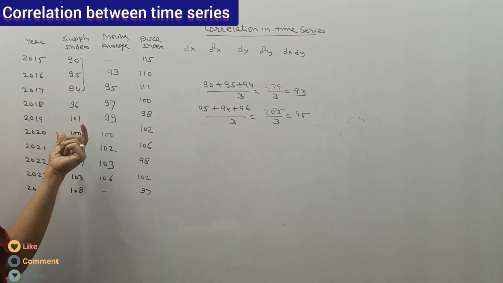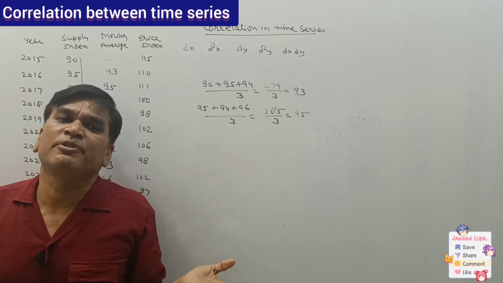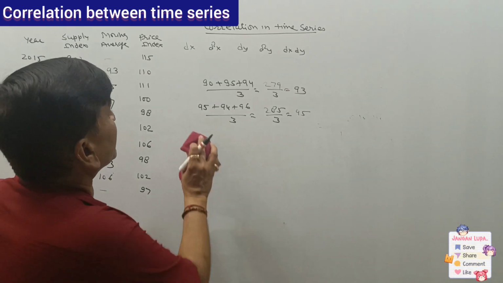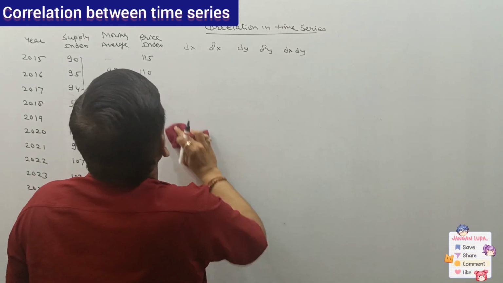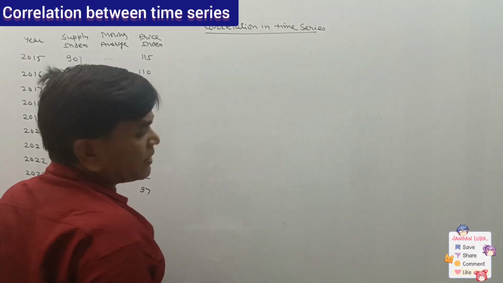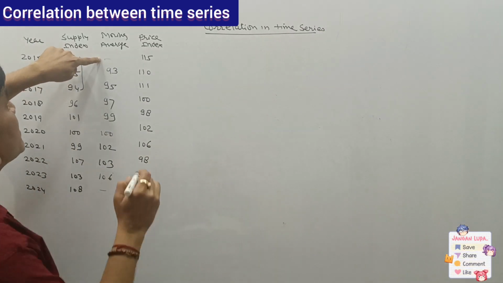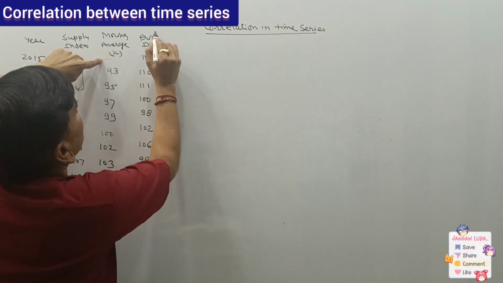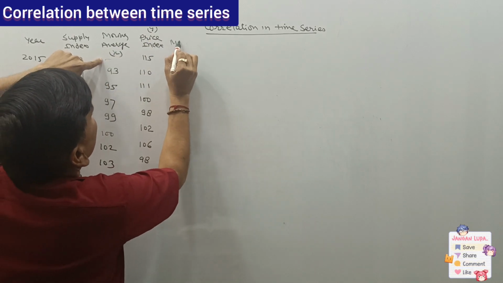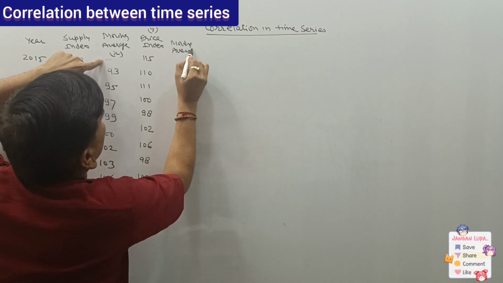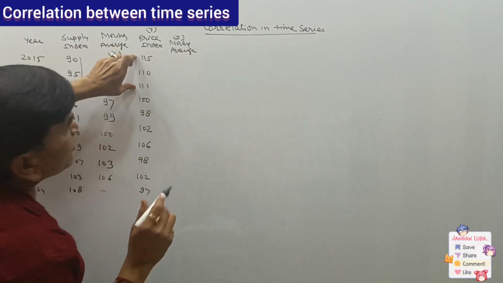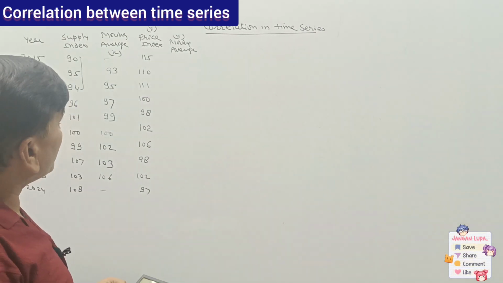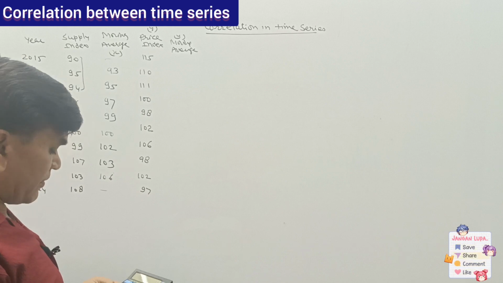So the 3-year moving average is over. Then you can take the 5-year moving average also, no problem at all. Similarly, we will get the moving average of the second series also. So very first, what we have done, this is the moving average of the X series. Suppose this is our Y series. So the moving average of Y: very first we will add all three items, that is 115 plus 1110 plus 111.